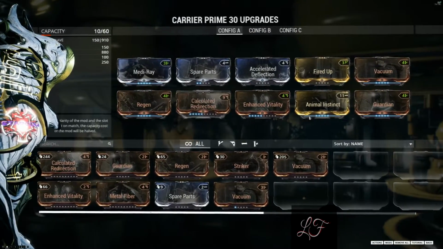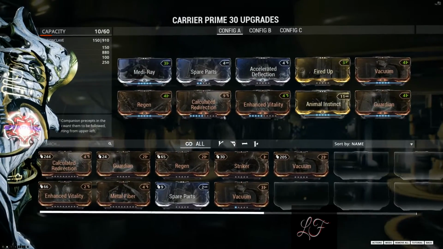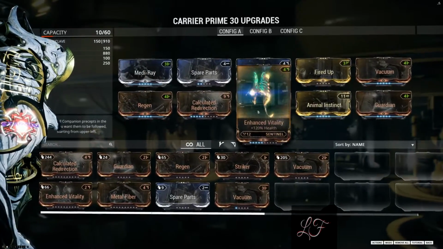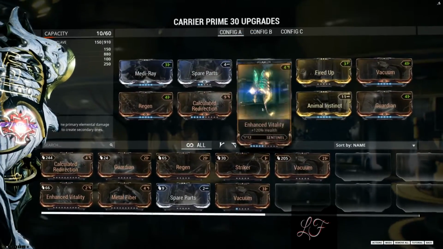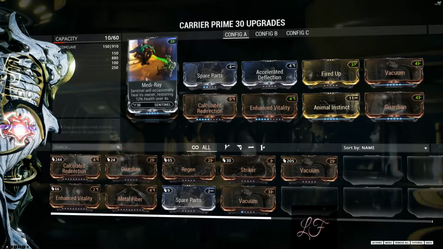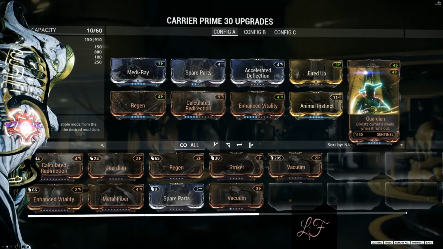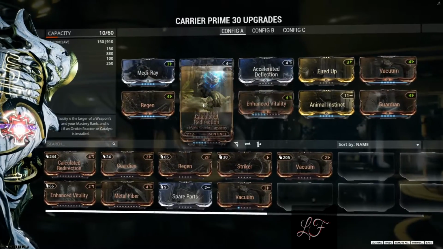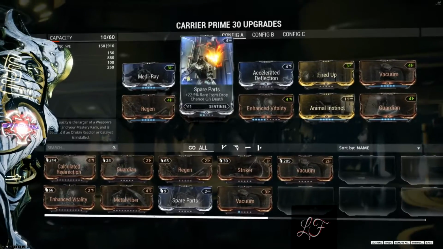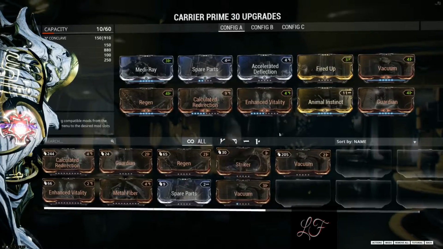Now, this is definitely not the best way to mod your Carrier Prime. I am not a person to go for that. I am still building up my other stuff and haven't really touched much on my companions, unfortunately. The biggest thing that I wanted to max out was the Regen, the Meta-Ray, Animal Instinct, the Vacuum mod, and Guardian. The Vitality and Redirection, once those get maxed out, it'll definitely help with the survivability. The rest of the mods, yeah, whatever. I mean, that could probably help with survivability, but...